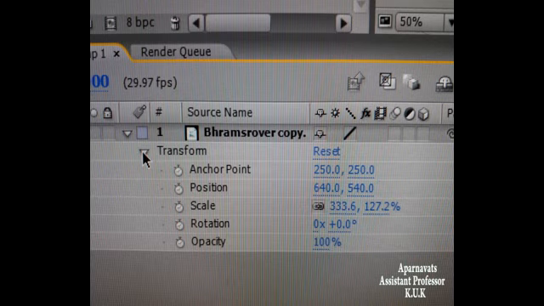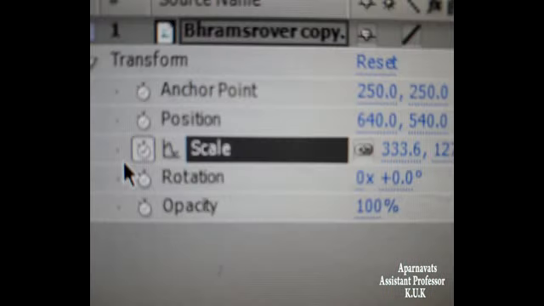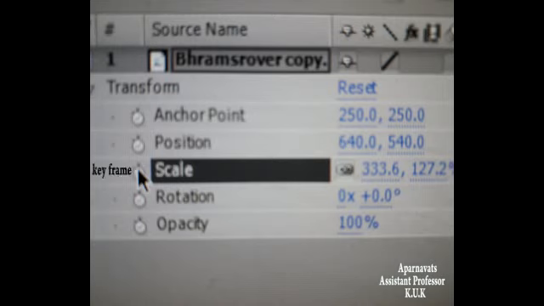In transform, you can change the position, and you can change the scale, zoom in, zoom out. First click on this keyframe. You can select it at 0, and after 50, increase the scale and position, and at 100, you decrease the position. After 150, you can increase the scale and position. Like this you can do in the whole timeline.